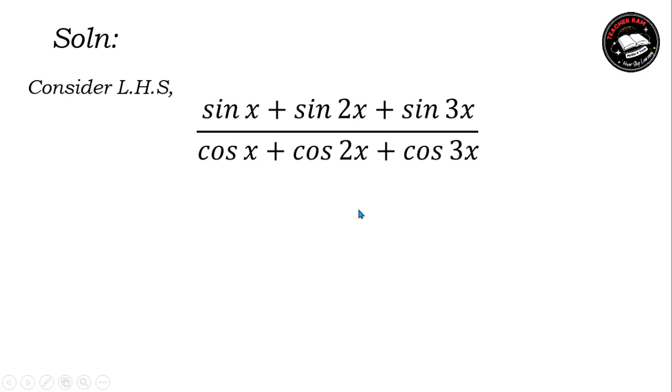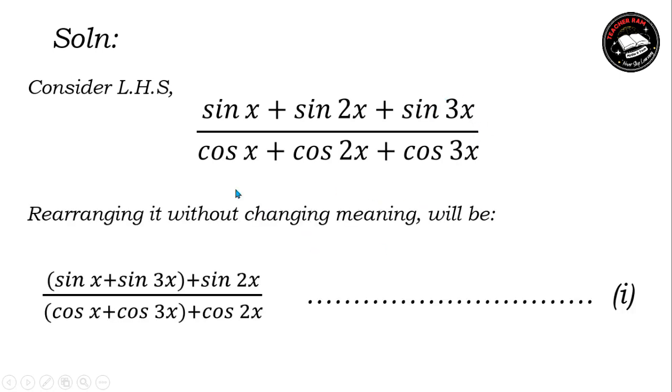What we are going to do is rearrange the terms here in a way that we can apply a certain formula to simplify. So we are going to rearrange without changing the meaning. Here let us combine sin x with sin 3x, joined by the operation plus. And we know that in mathematics addition is commutative, so whatever order we add in will not change the